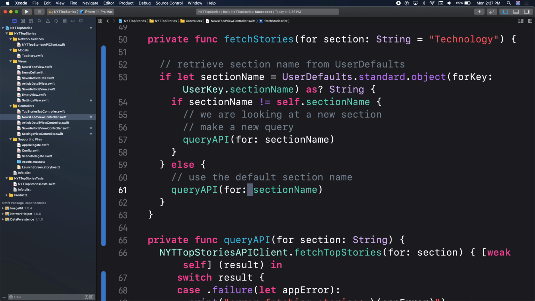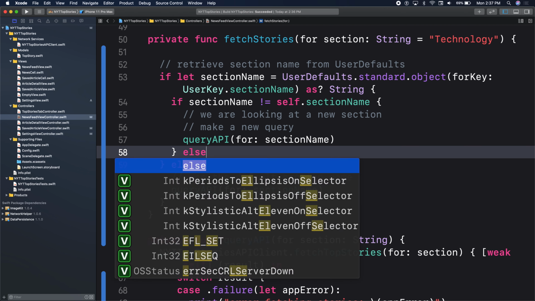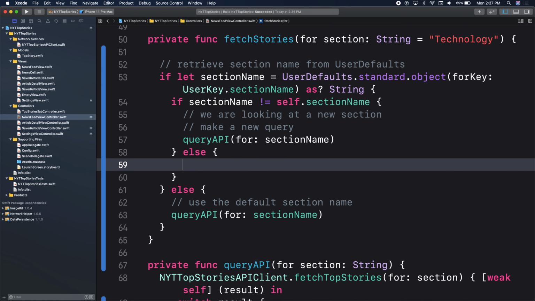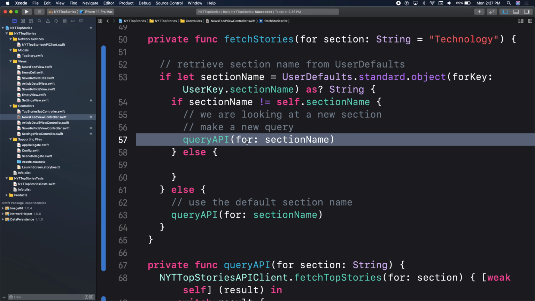All right. Not if we come in here and the names are the same, it won't query the API. Like in the else statement, if we were supposed to have an else here, it's not going to hit the API. Right? We look at the user default value. If there is a new value, we go ahead and we query that new value. If there's not a new value,